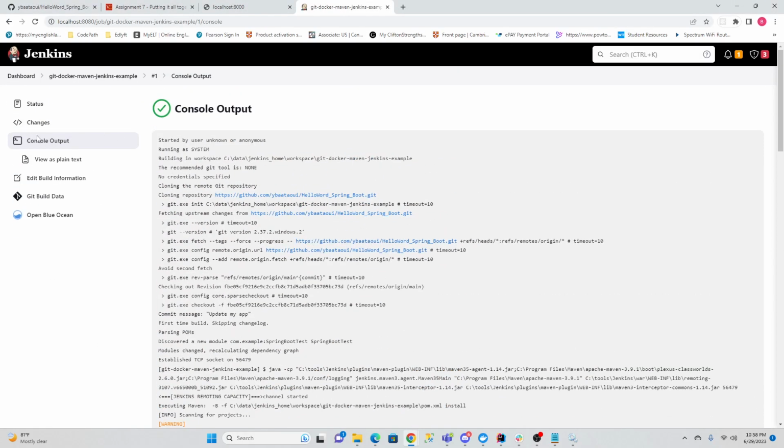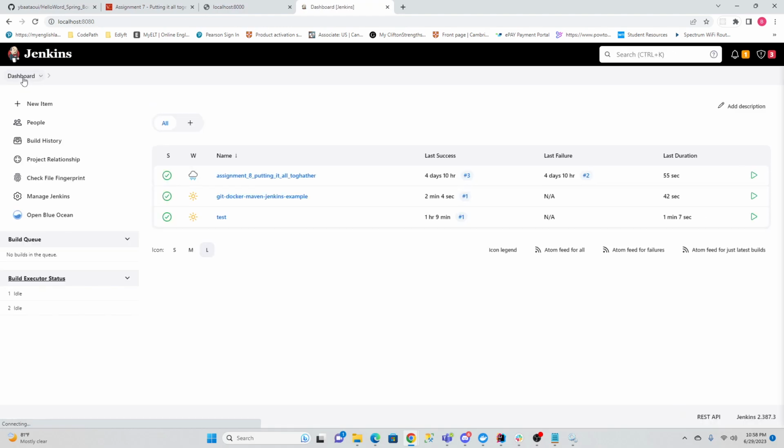If we go back to dashboard, I can see that my Docker Maven Jenkins example was created 2 minutes 4 seconds ago, and without any problem. I think that pretty much should cover everything for this